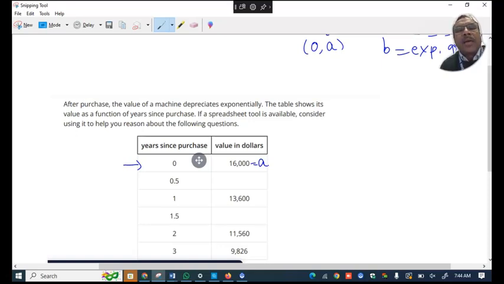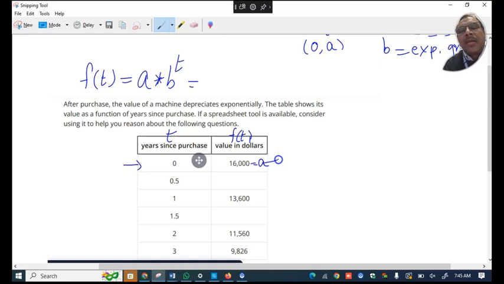So when we want to create an exponential function, let's see how. If I want to write f of t, let's write here f of t, t is number of years. So f stands for the value, this is t and this is f of t. So far so good. So f of t is, the beginning is a, so it's like a times b raised to t, something like this. But then we need to know what is that a, right? A is, in the beginning it is 16,000, so it is 16,000